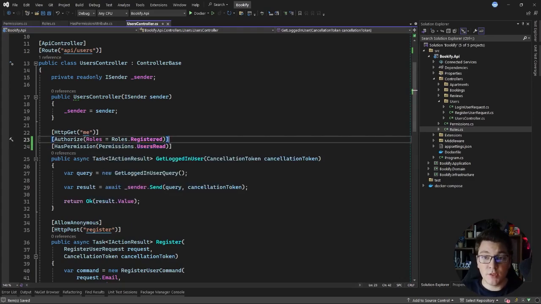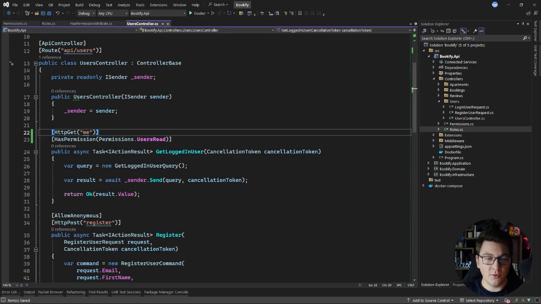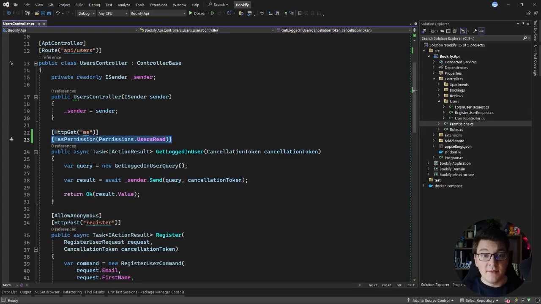If you want to, you can have both role-based and permission-based authorization, but this doesn't really make sense because the permissions are connected to the roles, so you can just leave out the roles and only rely on permission-based authorization. The next thing we need to do is to implement a custom authorization